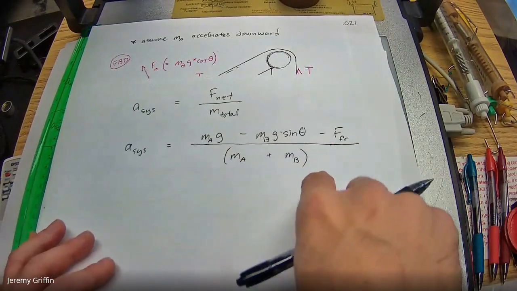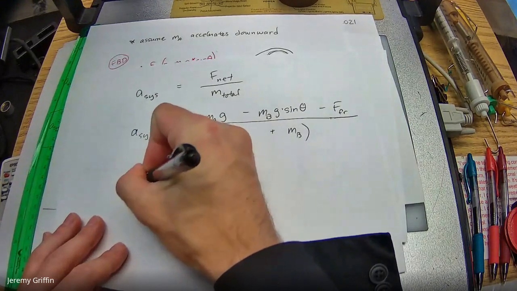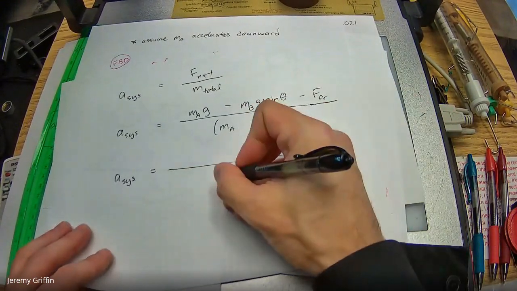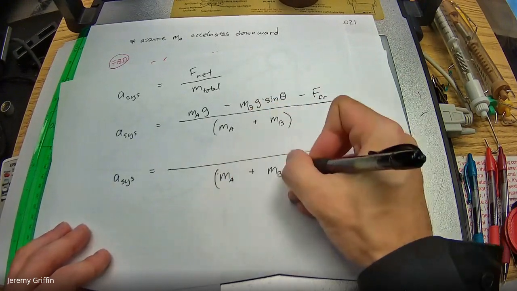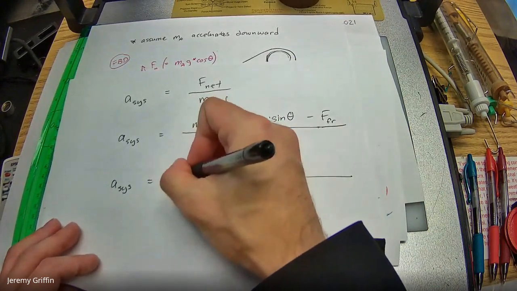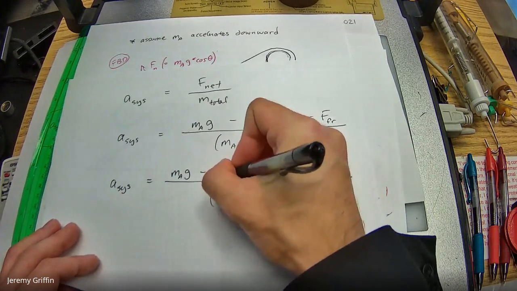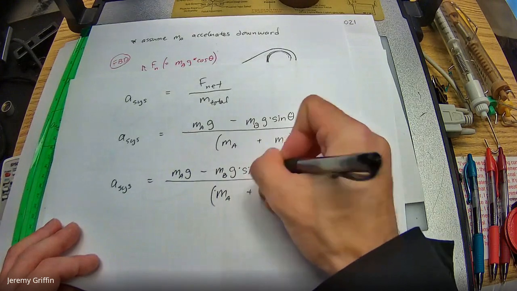All right. Now I'm going to do a couple more substitutions here, just to clean this up and finish this off. Got a big old fraction going on. I know that the sum of the masses is in the denominator. That's the total inertia that's being moved around by the net force. What is the net force? These first two parts I'll just do the same. The weight of block A, saying let's go clockwise. The sine component of the weight of block B, saying no, let's go counterclockwise. But the friction force,